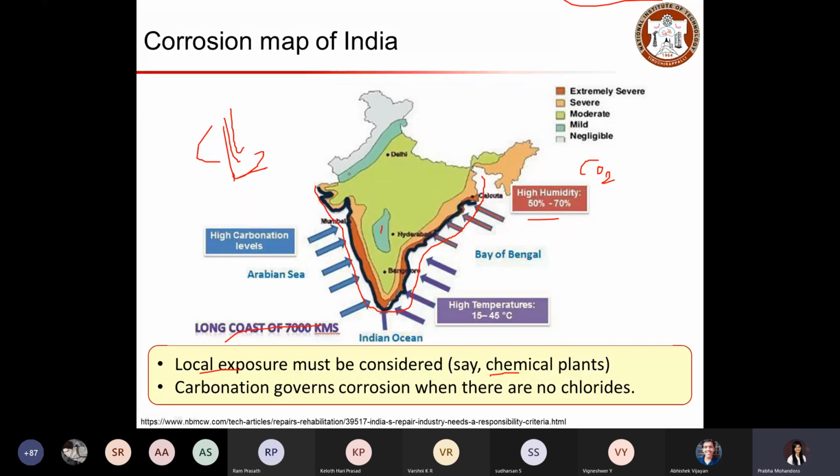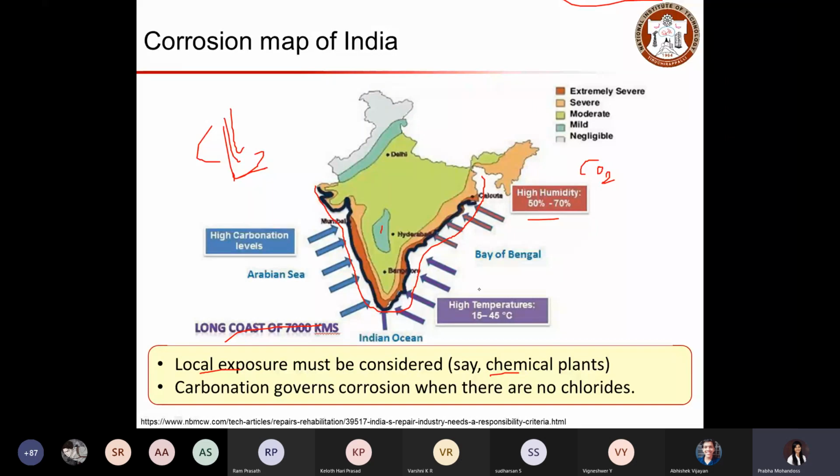Then moderate comes under the center part of the nation, and severe is slightly outer part of the center, and then extremely severe represents all the coastlines that we have in our country, which are exposed to the Arabian Sea, Indian Ocean, and Bay of Bengal.